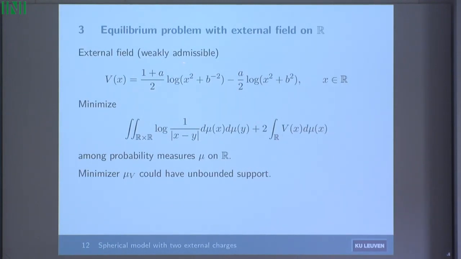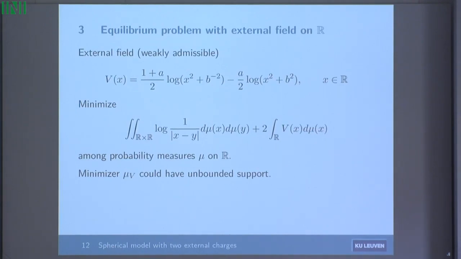But in this weakly admissible case, it's just a boundary case actually. The minimizer, which I call mu sub v, could have an unbounded support. And actually that's the transition that will take place if we play with the parameter. So if we fix b and increase a,